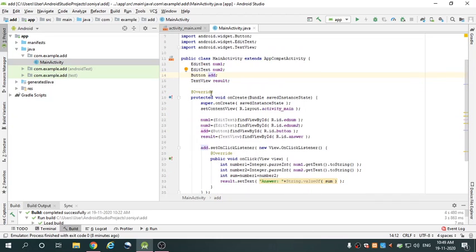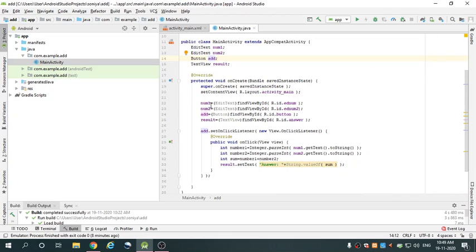Next in the onCreate method, num1 is equal to (EditText) findViewById(R.id.edNum1). We have to find the references to the button, edit text and text view in the GUI. So the references of the GUI components we are getting in this particular code.